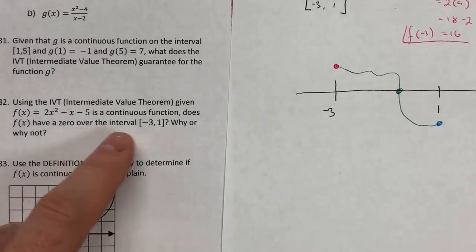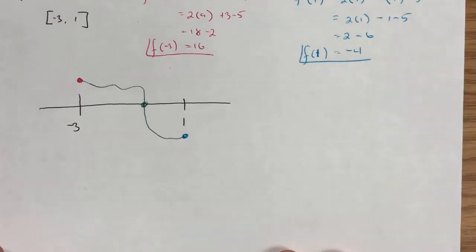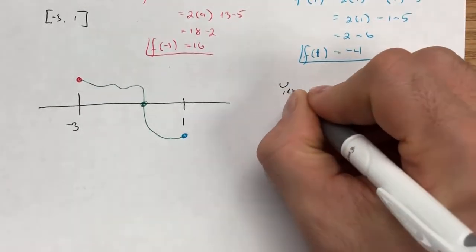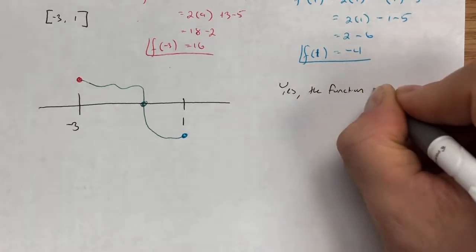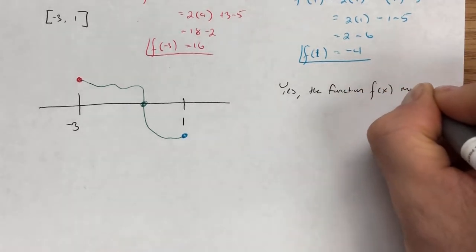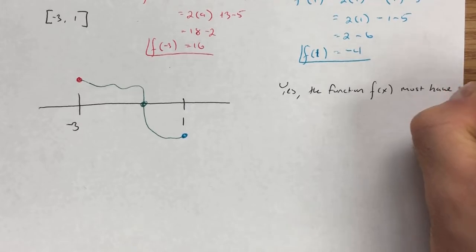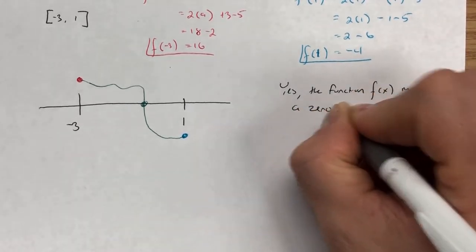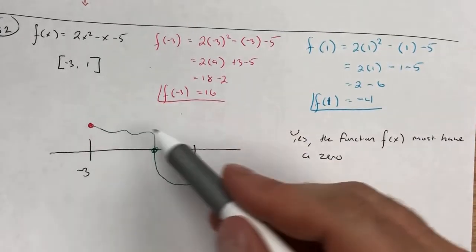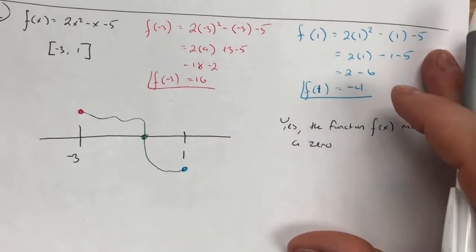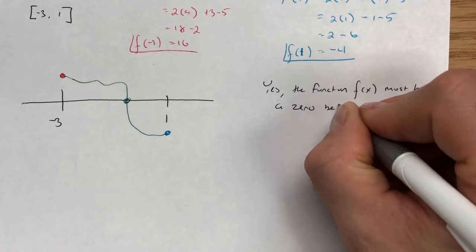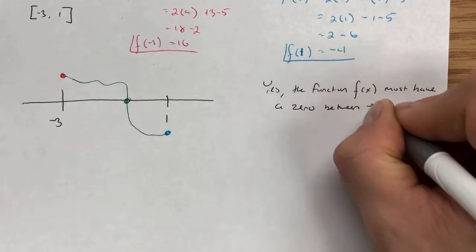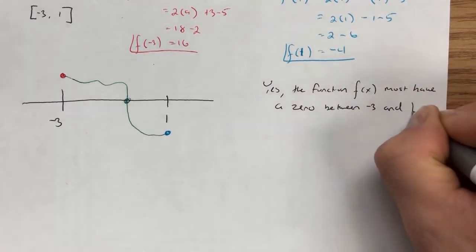Does the function have a 0? Why or why not? So let's go ahead and say yes. The function f of x must have a 0. We're going to leave out the "at least" because we know with a quadratic, it's either going to have 1 or 2. Must have a 0 between -3 and 1